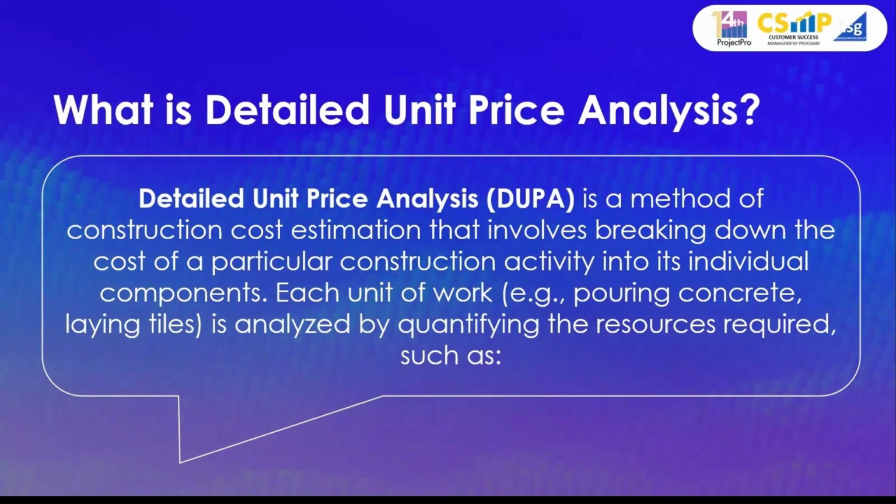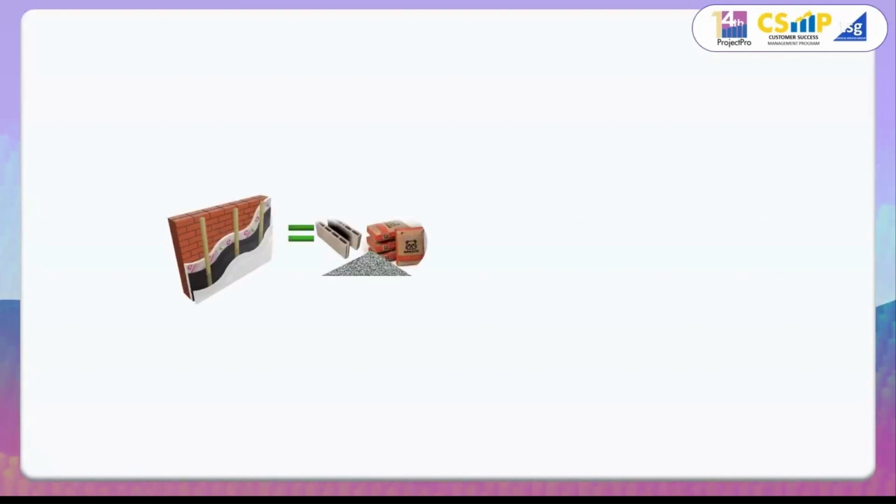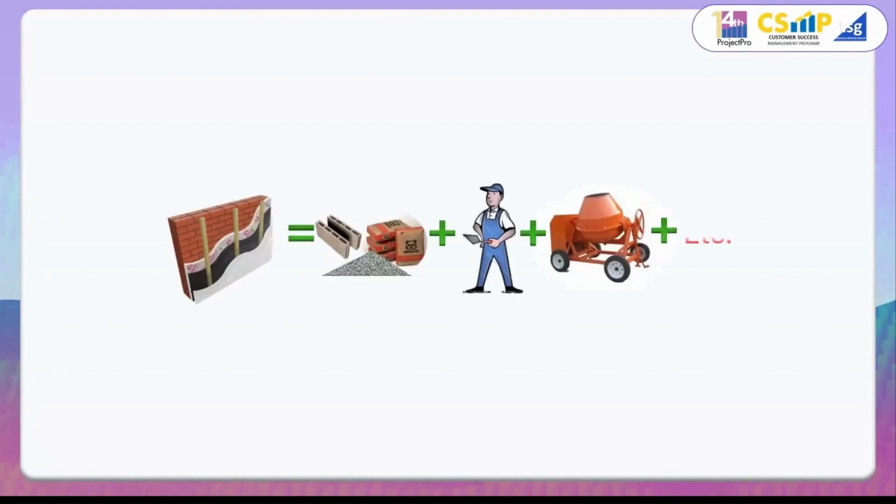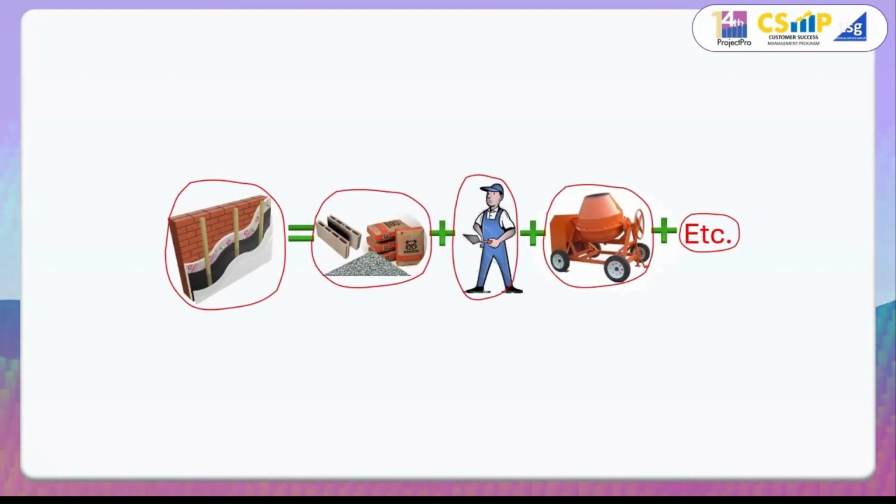This also includes analyzing the specific quantity prescribed or assigned to each resource needed. Visually, to represent it, we're establishing or constructing a specific wall, wherein we need to gather all of these resources, which involve material, labor, equipment, and other factors that contribute to the development of the cost. This also relates to the methodology of how we will be constructing the wall, and of course the indirect costs involved in this.